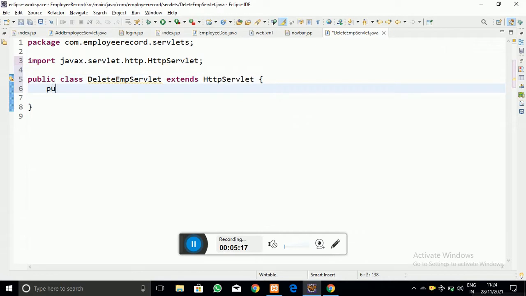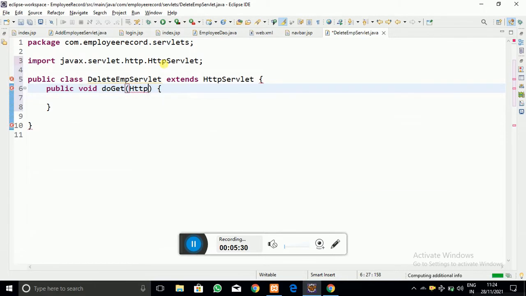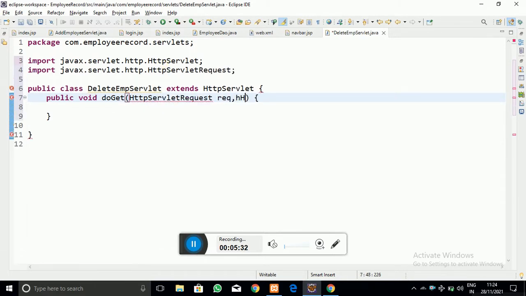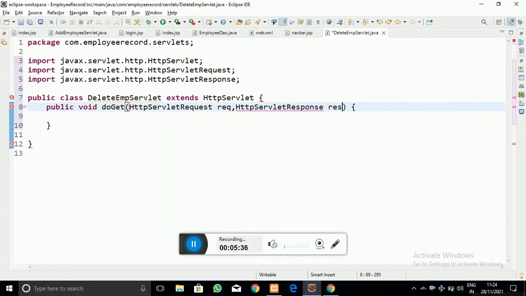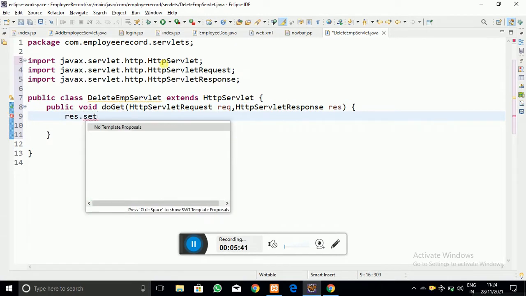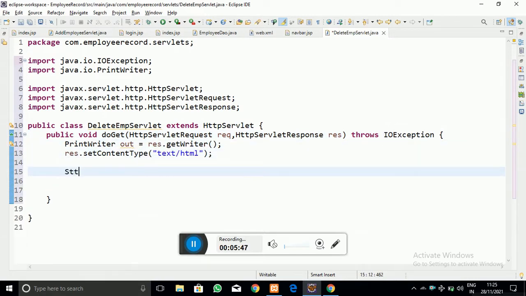The class extends http servlet, and as we are getting data from the query string, I am going to write the do get method: public void do get, http servlet request instance, response instance. Then response dot content type, of course it is html, text slash html, and to print the data a print writer object is going to be created.